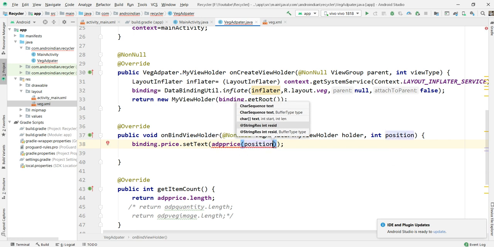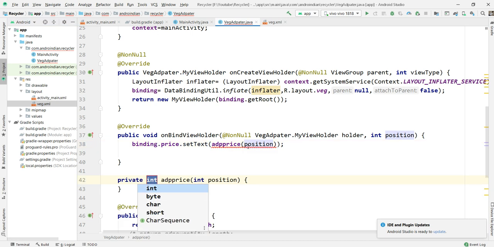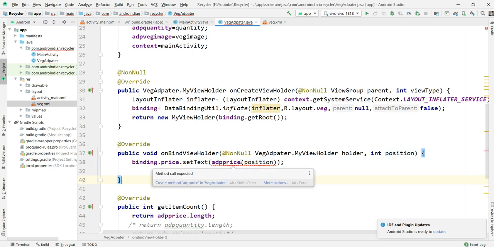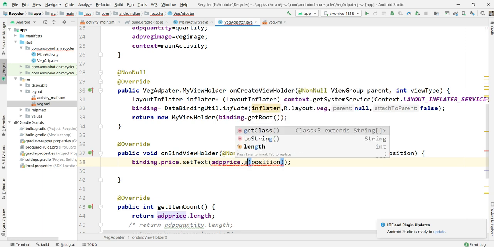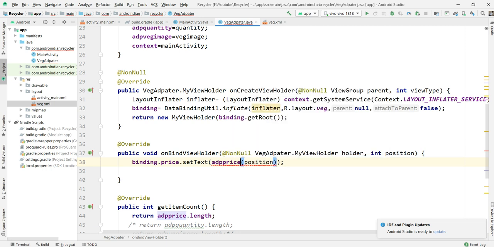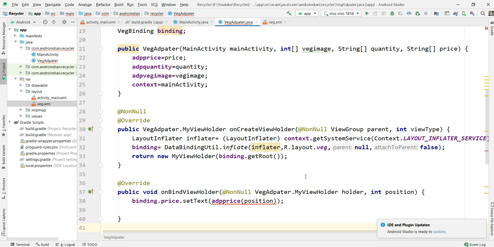Directly we can get this data from this position. ADB price dot position. Why is it showing an error? Adapter price, here it's the same string array only. Why is it showing an error here?